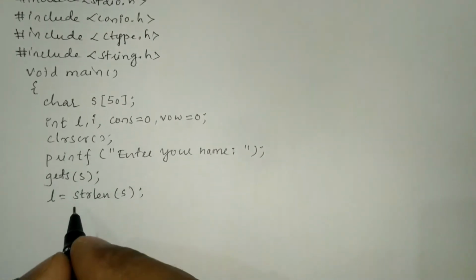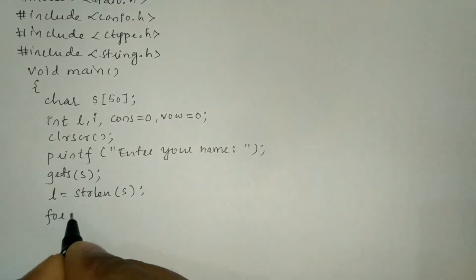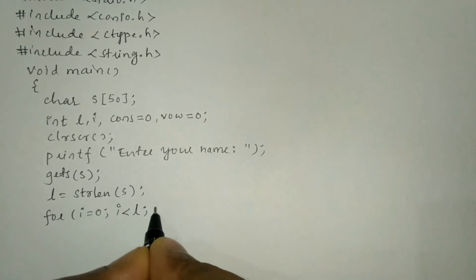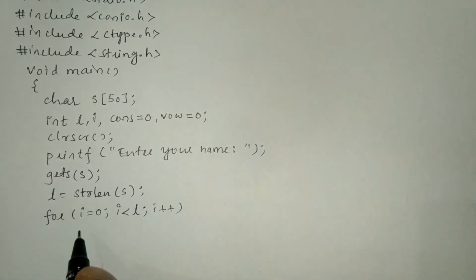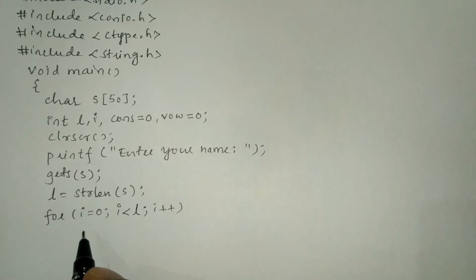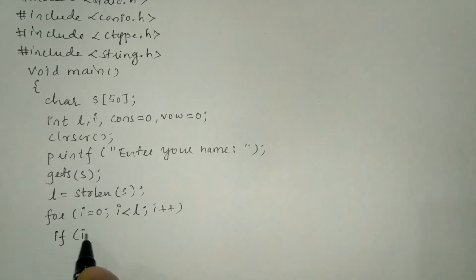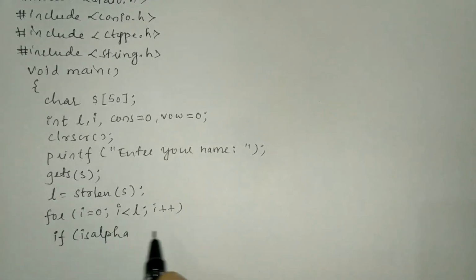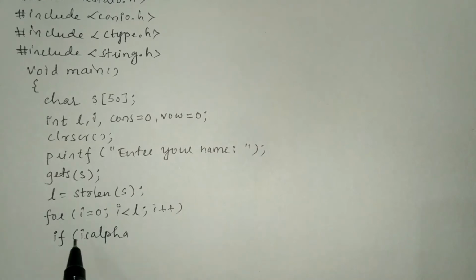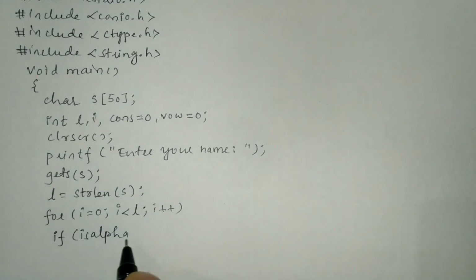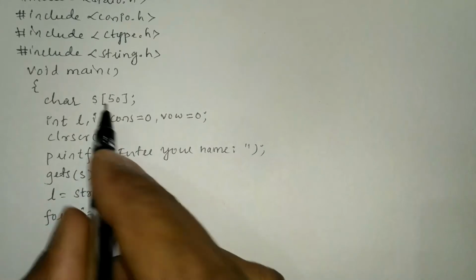Okay, so let us take for loop for i is equal to 0, i is less than l, and then i plus plus. So we are going to iterate through each of the characters of the entered name. Now we are going to check the condition if isalpha. So isalpha is one of the functions present in ctype.h header file. It is one of the character functions, and inside of the bracket we are going to write this string s